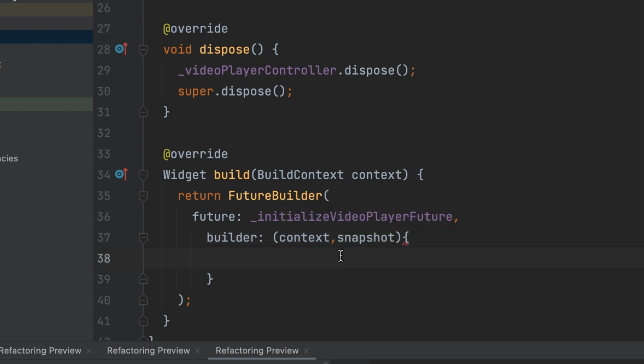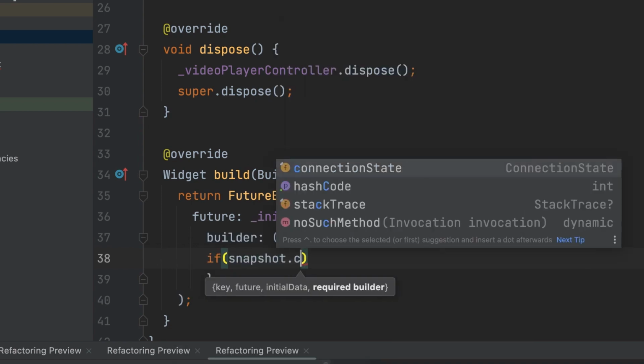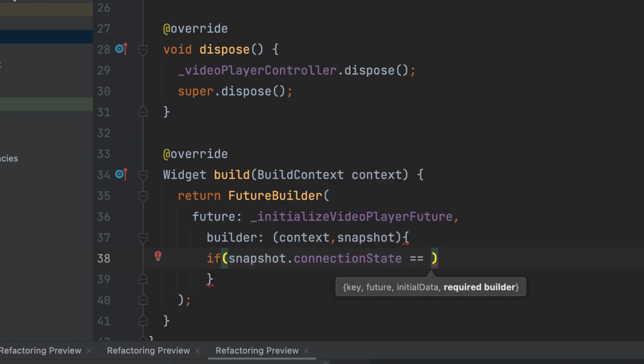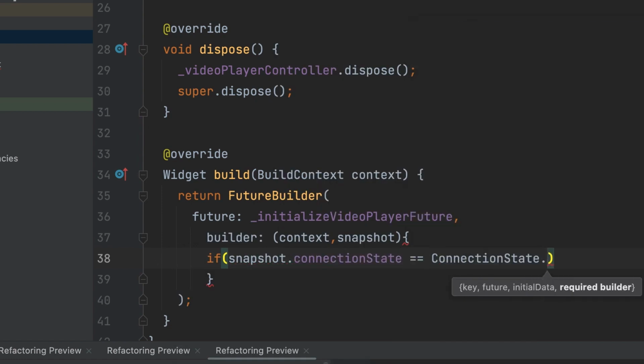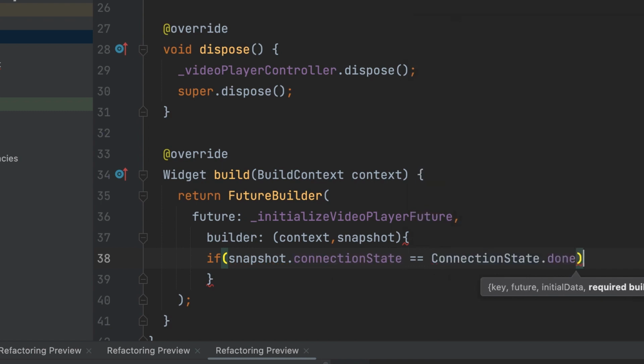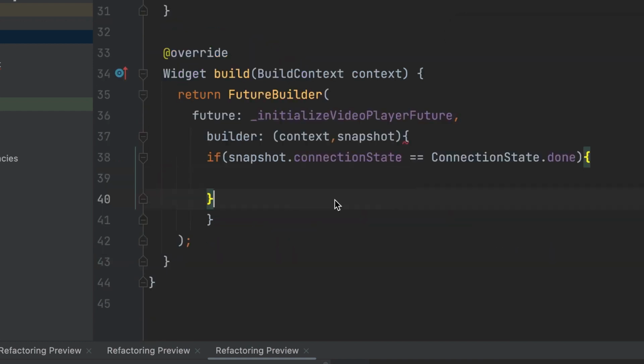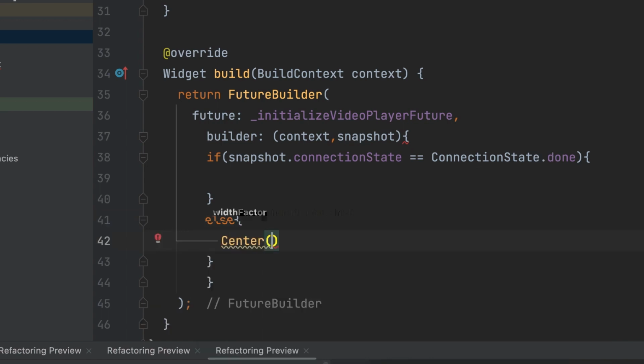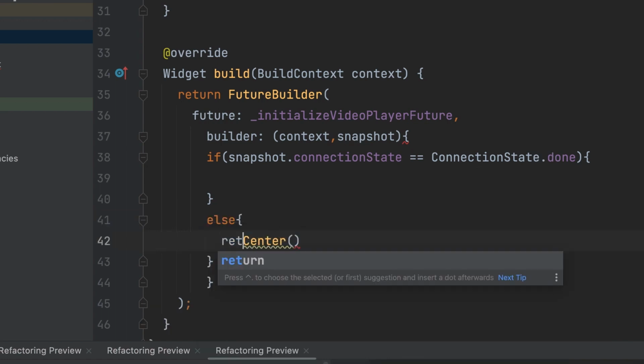In the builder callback function, check the connection state of the future. If the connection state is not done, return a Center widget with a CircularProgressIndicator to show a loading